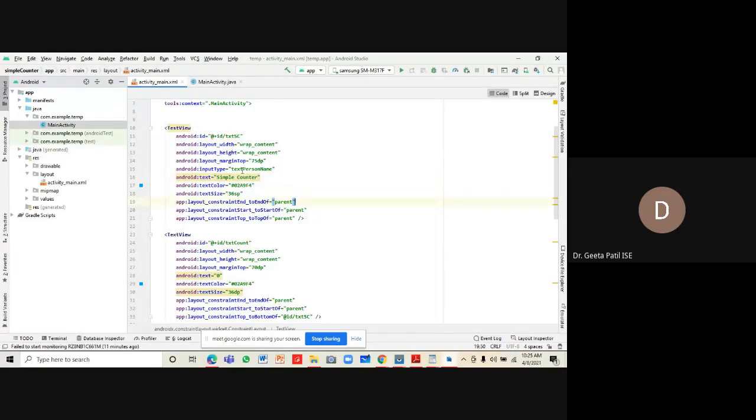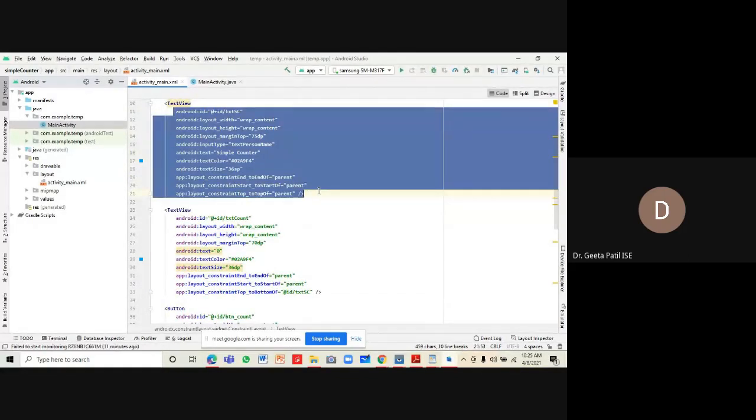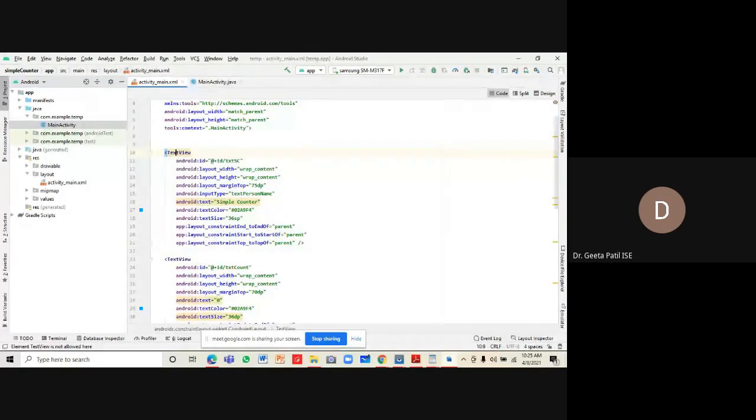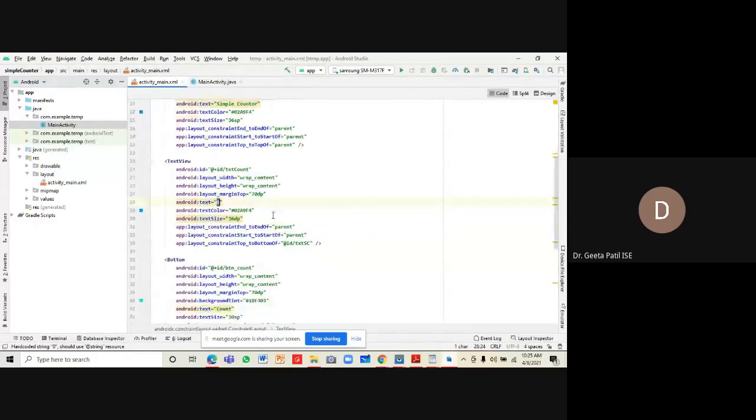This is the first leaf node of our component, a text view, which is used for displaying the message simple counter, and the various parameters required for the placement of this text view are given. Then we have the second text view, which is used for displaying the count value, initialized with value 0.